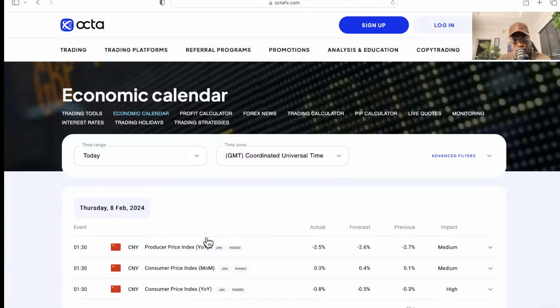Now, if you don't know what producer price index means, the producer price index is an economic indicator that is used to measure the average change in prices received by domestic producers for their output over time. Now, in simpler terms, or should I say layman terms, the PPI tracks the average change in prices received by producers for their goods and services at various stages of production. Now, there's a system to it. There's a way it works, right? There's a, should I say, step?